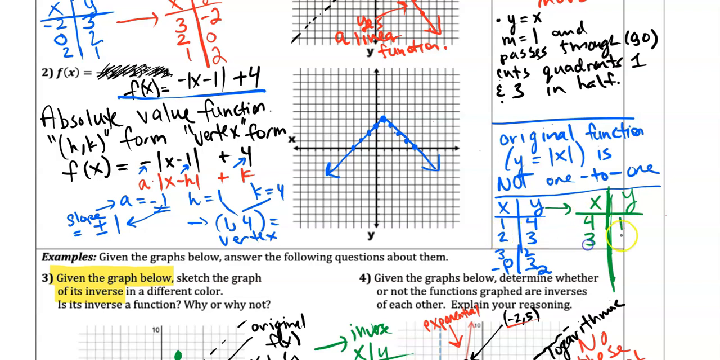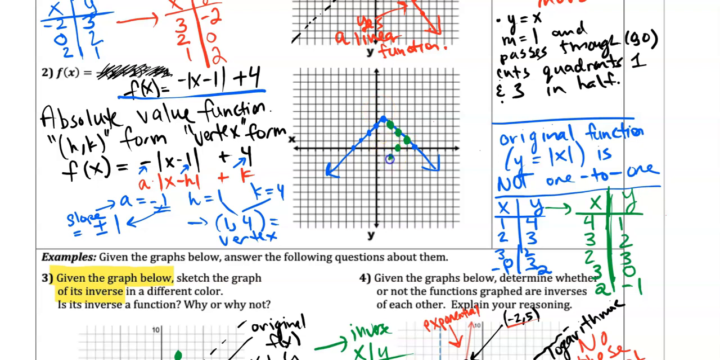2, 3 would become 3, 2. And then 3, 2 would swap and become 2, 3. 0, 3 would become 3, 0. And then -1, 2 would become 2, -1. So now I'm going to plot these inverse points over here, same grid. So here's 4, 1, 3, 2, 2, 3. So they shared those same points. 3, 0,